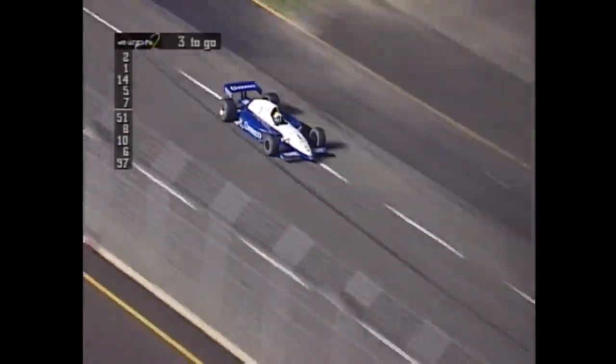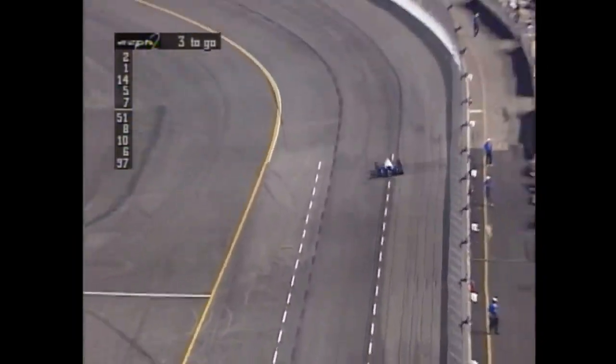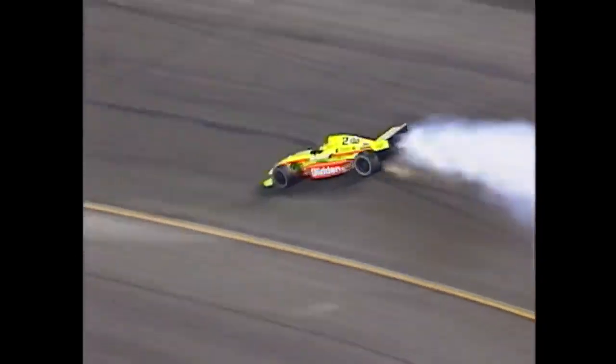May have been balked just a little bit in traffic. Tony Stewart certainly at this moment looks like he's on. Oh, and there is exactly what they worried about. Stewart, the engine lets go. He catches the wall. Billy Boat will take the lead. But Billy has to get by him